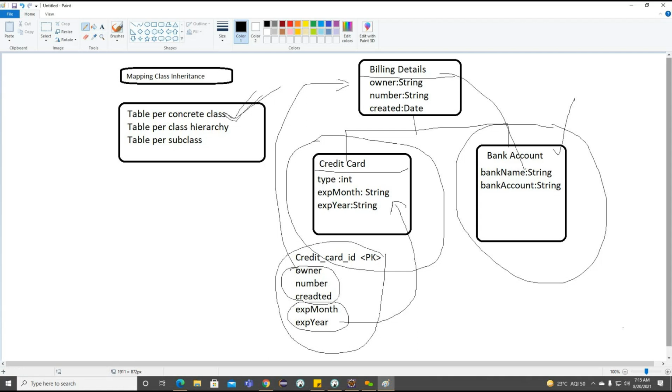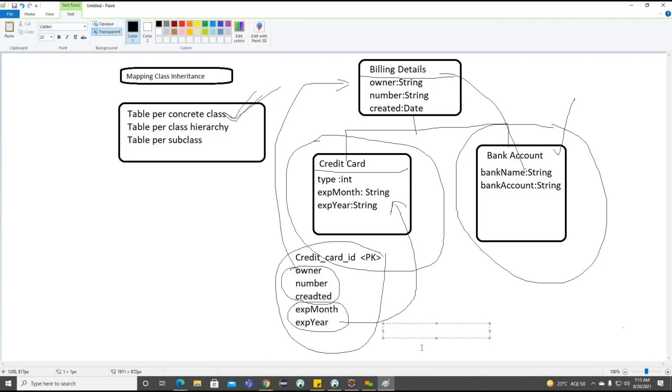We need to understand this when we are trying to work on this particular table per concrete class. But if you observe here, if I want to run any SQL query, how are we going to write it? So for example, the credit card related SQL query I want to write.